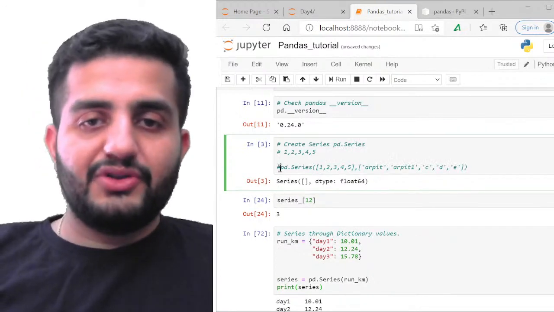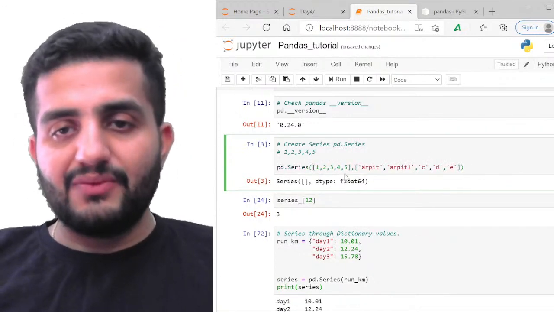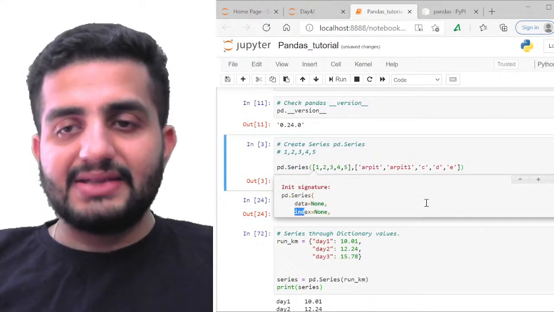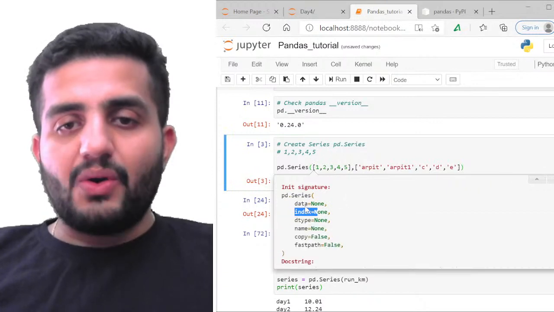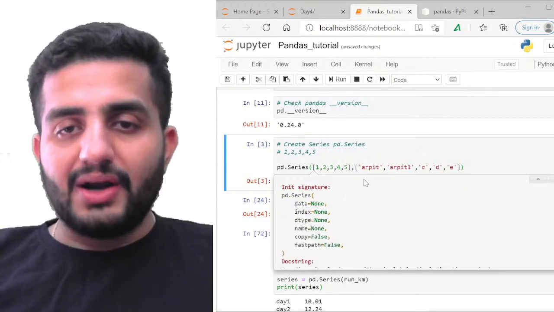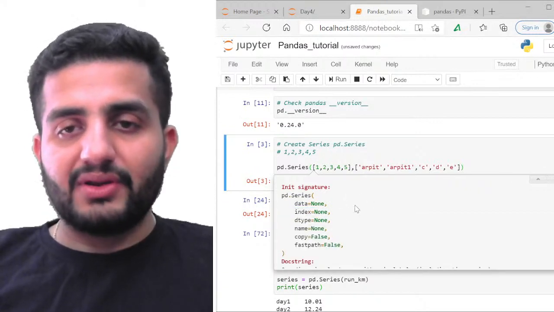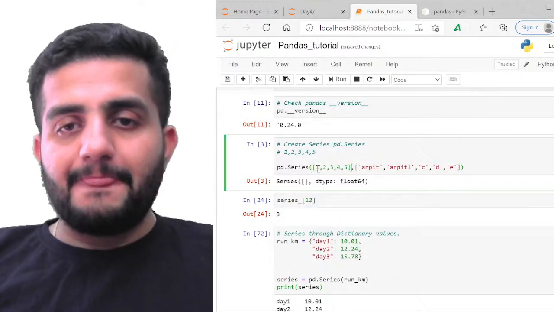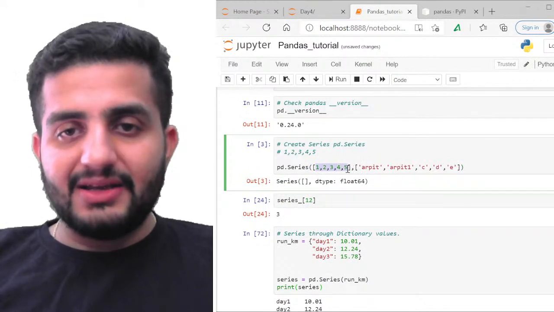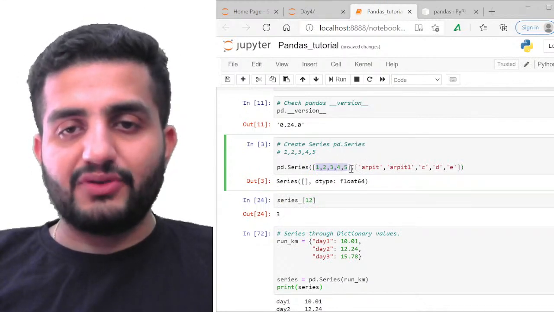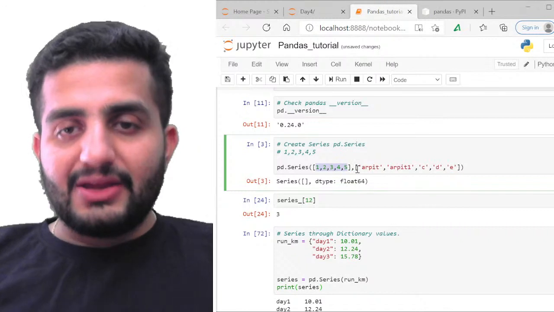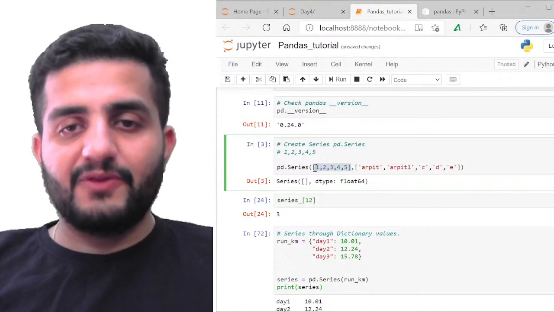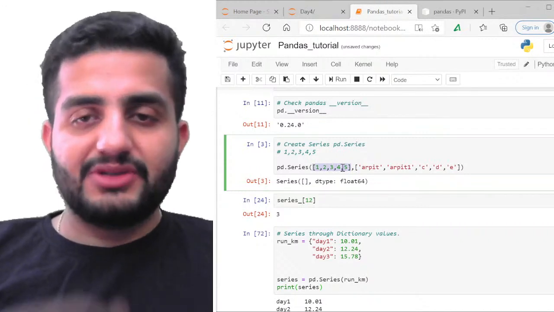Now, if you check this, what all arguments was I having? I was having data, index, and so on. The first in order is my data. As I said, order is very important, so you have to look for the data, look for the order. Here my data is 1, 2, 3, 4, and 5. This is my first argument, which is basically nothing but a list, a collection of vectors. These are the data points which I want to add.